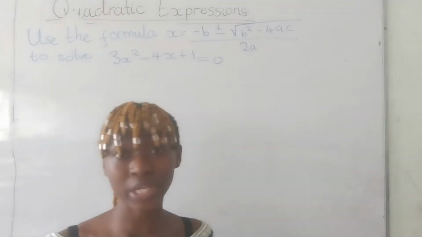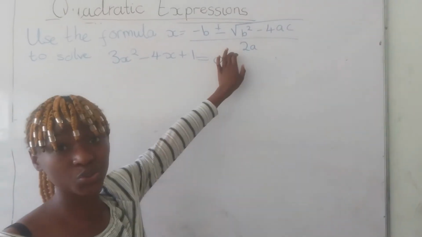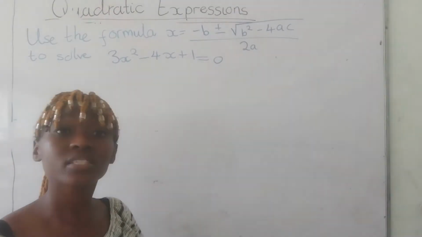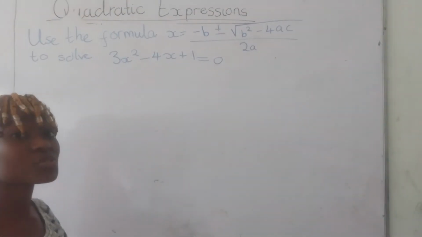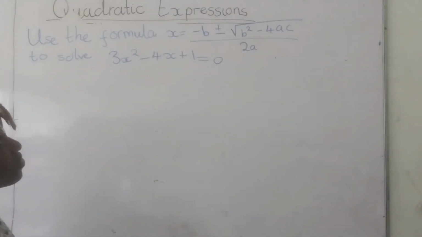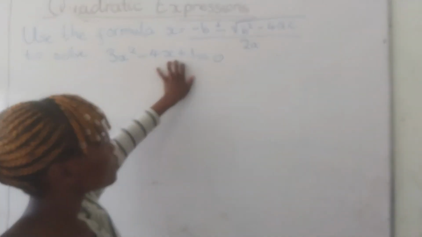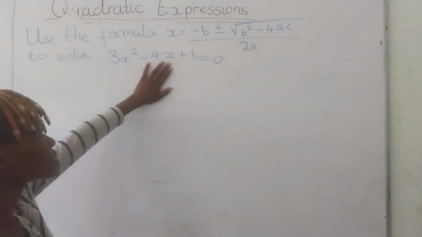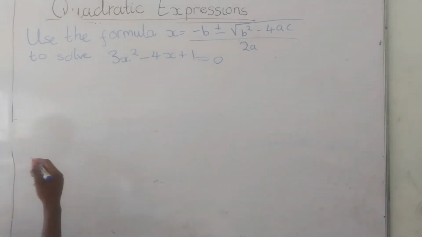Most of the times they don't give you this formula. They don't highlight to you that this sum has no exact factors. They don't. So you just have to see it. But in the case of like this that you are given, that they have highlighted to you that this case has no specific exact factors, then you use this formula. And as we had said earlier,